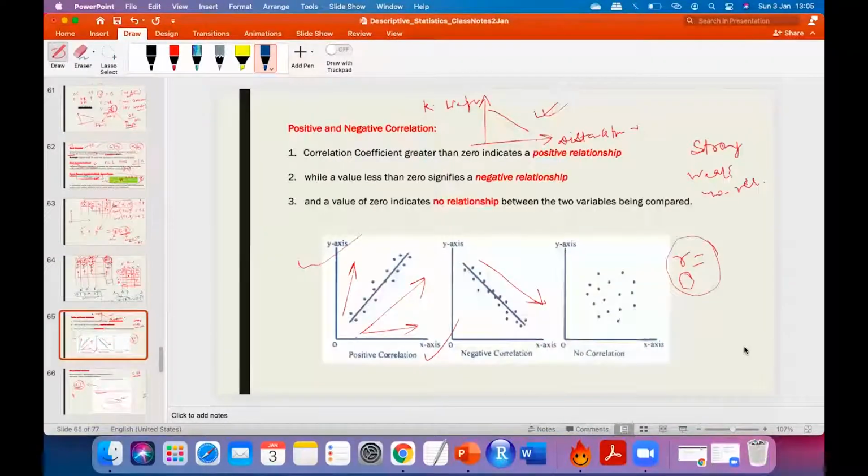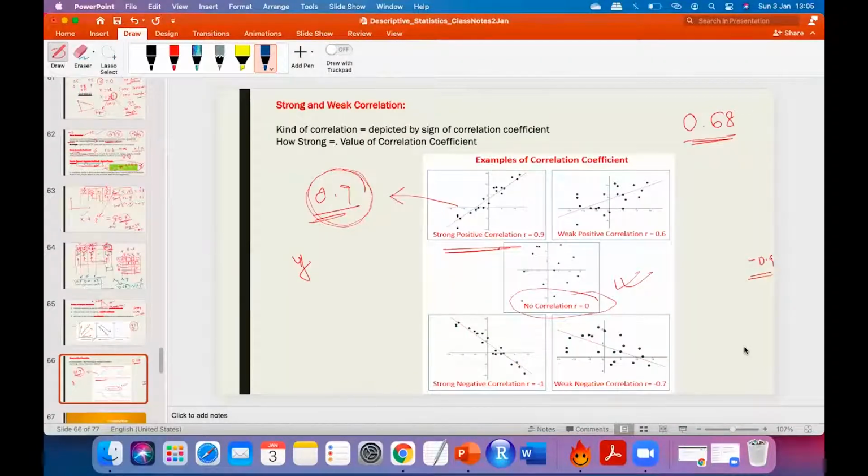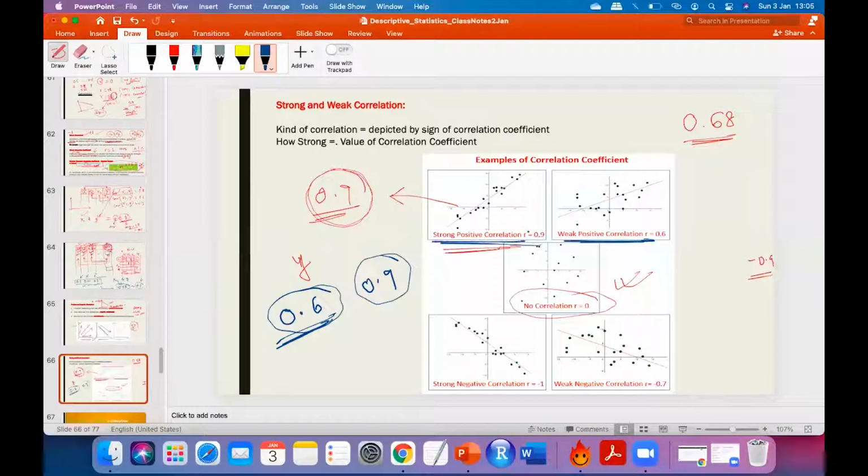This was my point to make. Understood? In another problem, all of your correlations may be varying between 0.6 to 0.9. Obviously, 0.68 is then not a strong correlation in that particular problem. You can say that this is weak positive correlation, and 0.9 as strong positive. So it all becomes relative. You understand what I'm trying to say?